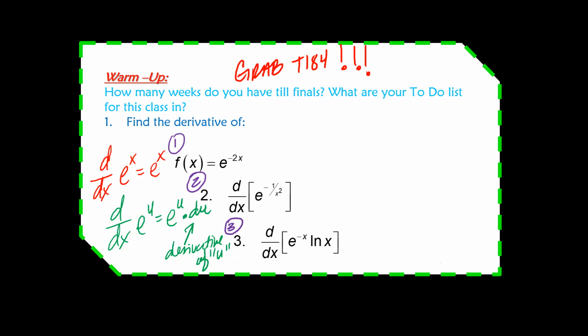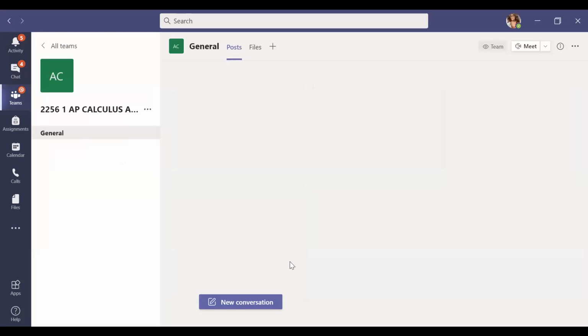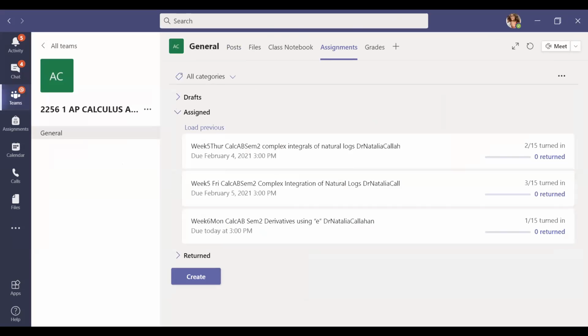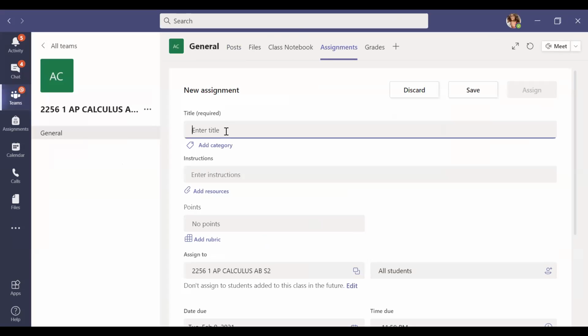All right, let's go ahead and create the assignment for today for AP Calculus. Today is week 6 Tuesday, Calculus AP semester 2. Today I'm going to talk about derivatives of log,